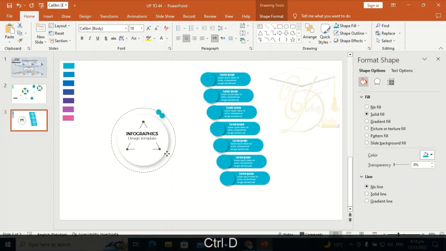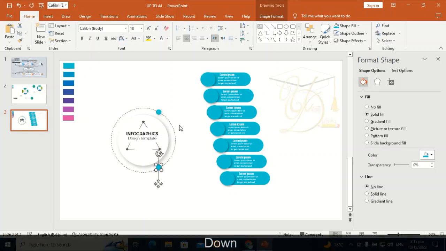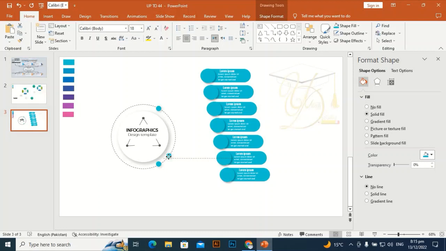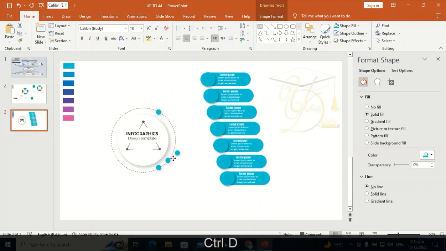Here we will take 7 points on this dashed circle. We will take 7 points here. Ctrl D to duplicate it.